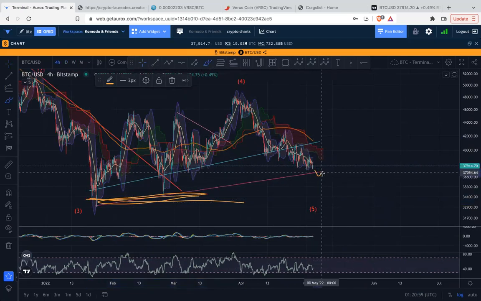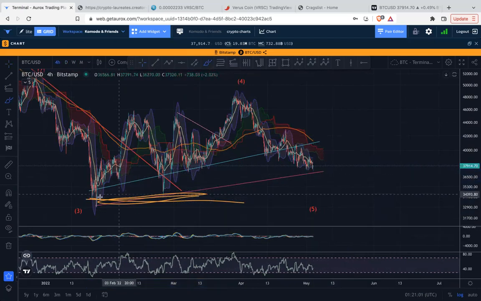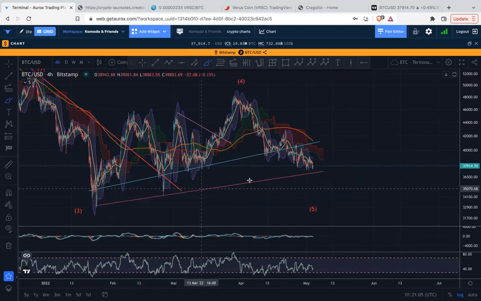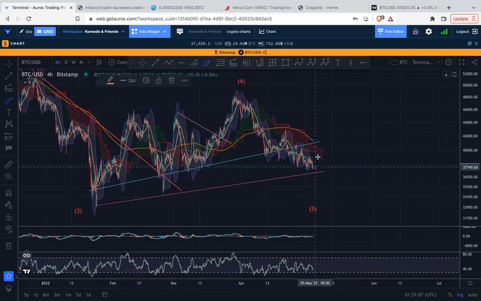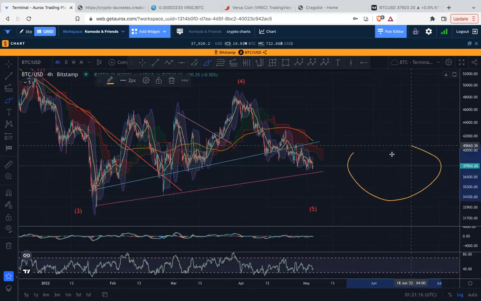So yeah, you're looking for this to break down and then get lower. Otherwise, if this general zone holds and you get some sort of push up, where do we go? We go into the 40,000s and then break down from there and get our capitulation, whenever that's going to happen.